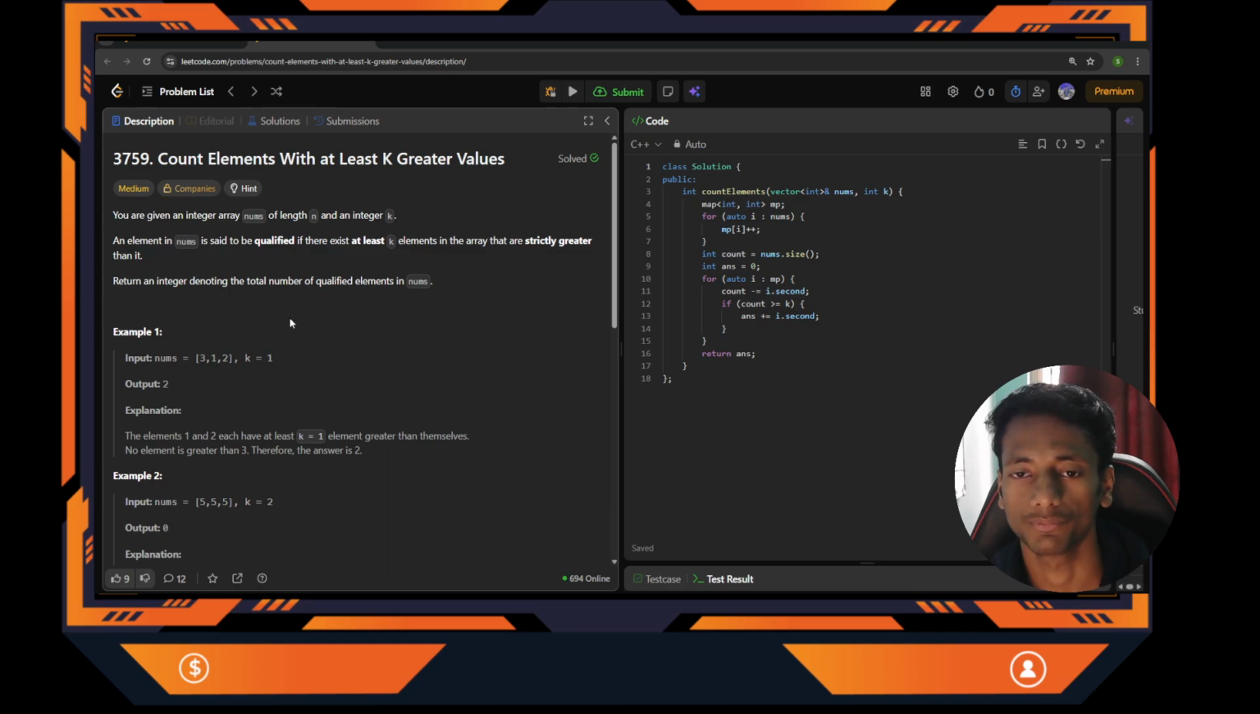So that means we have to count the number of qualified elements. Which number will be qualified? If the count of numbers which are greater than the current number is greater than or equal to k, then we can say that this number is qualified. Okay, so let's take this example: 3, 1, 2,